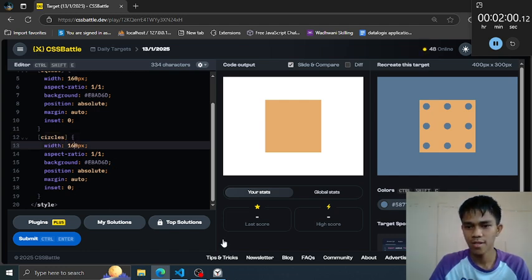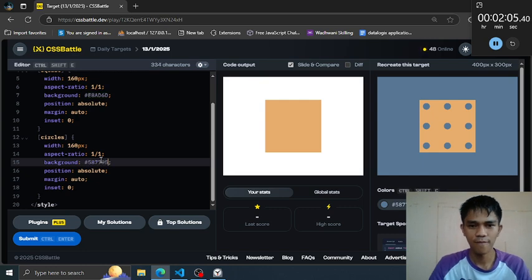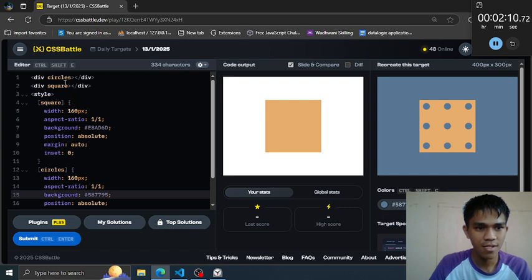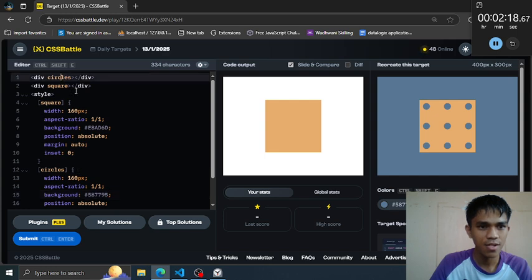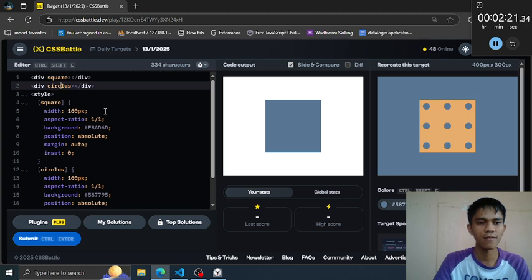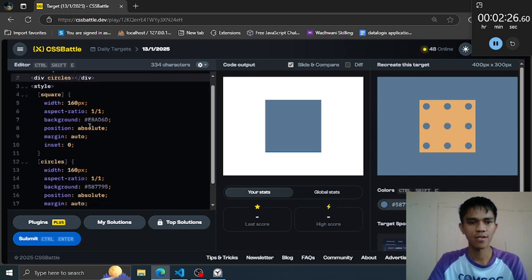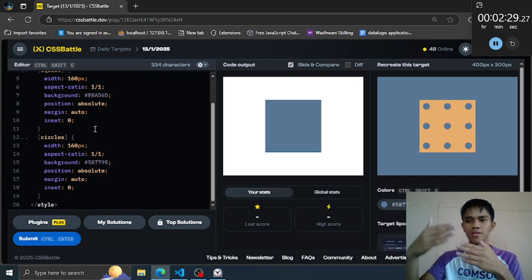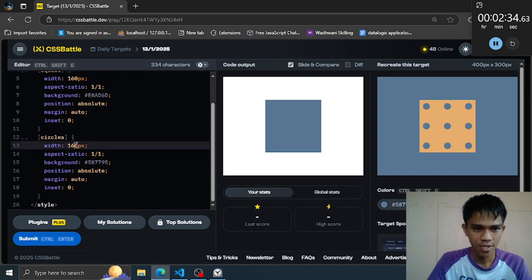What do we do first? The circle has a color of blue. Okay, so let's change that first. Then what else? Circles. It has a color of blue, but it's not showing. Why is that? Oh, because it is declared first. Alright. The circles must be in front of the square. It is not supposed to be on the back. It's supposed to be on the front. And then reduce the size, obviously.